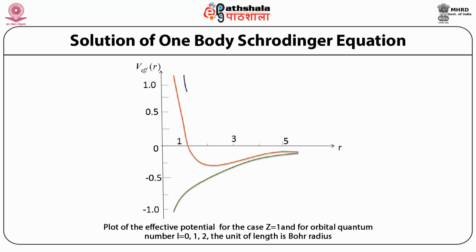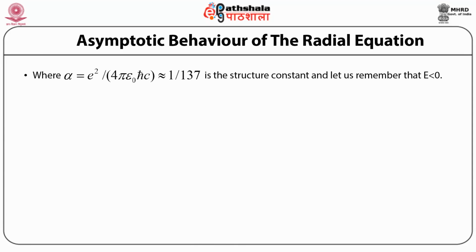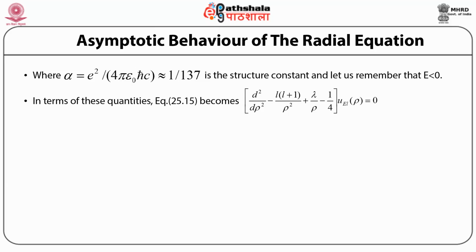The unit of length is the Bohr radius, where alpha equal to e squared by 4 pi epsilon naught h cut c, approximately equal to 1 by 137, is the fine structure constant, and let us remember that E is less than 0. In terms of these quantities, equation 25.15 becomes